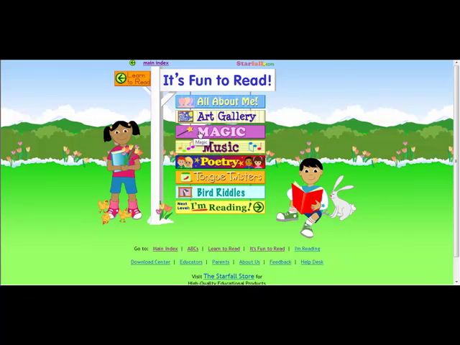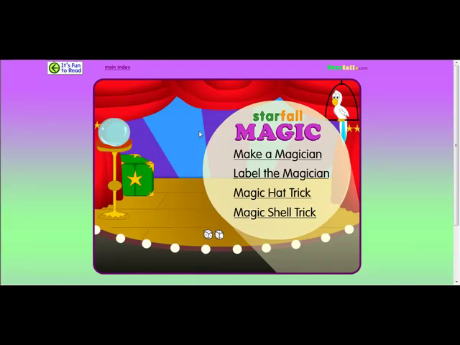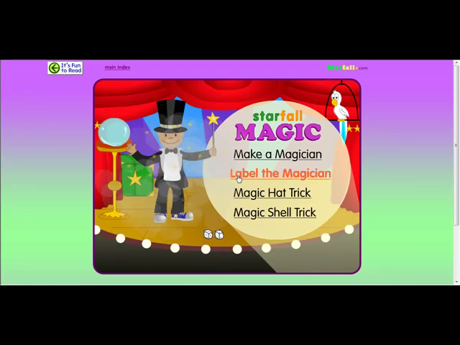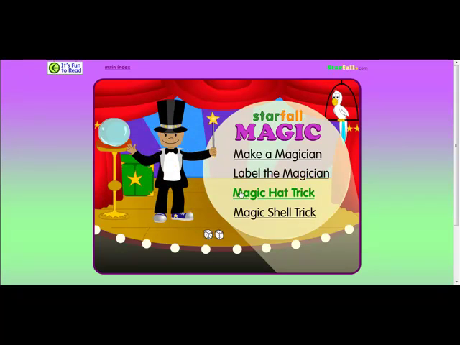An example of this would be in the Magic section. You can make a magician, label the magician, magic hat tricks, and magic shell tricks. This section helps students with their reading comprehension by indirectly focusing on reading the instructions and words the activity calls